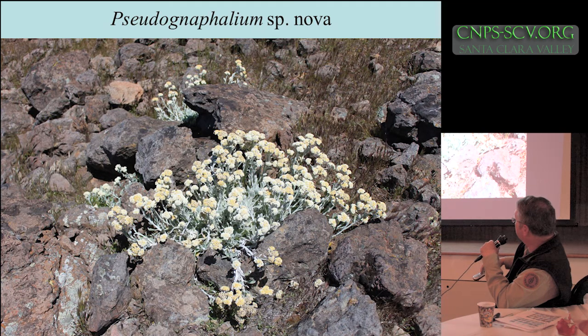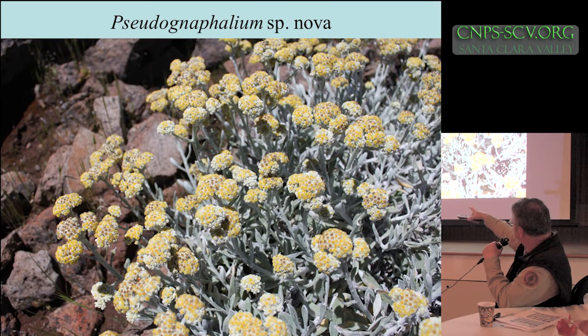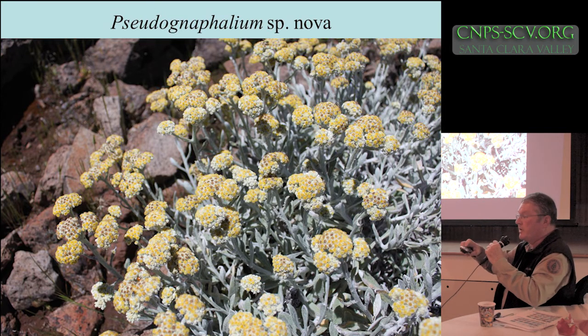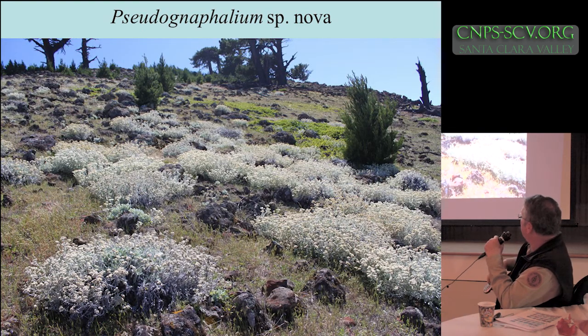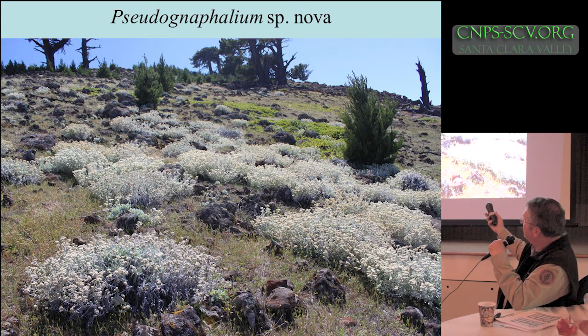It's quite a showy thing. It almost looks like it's filling the niche of a buckwheat. Those large flat heads, and there's usually lots of insects on them. And you can see there's ladybugs there and lots of other insects. Lots and lots of bugs on the island. And there's some areas where there's lots and lots of this thing. And so it's kind of amazing that no one had ever seen this thing before when we were seeing it in such abundance. This is at the far